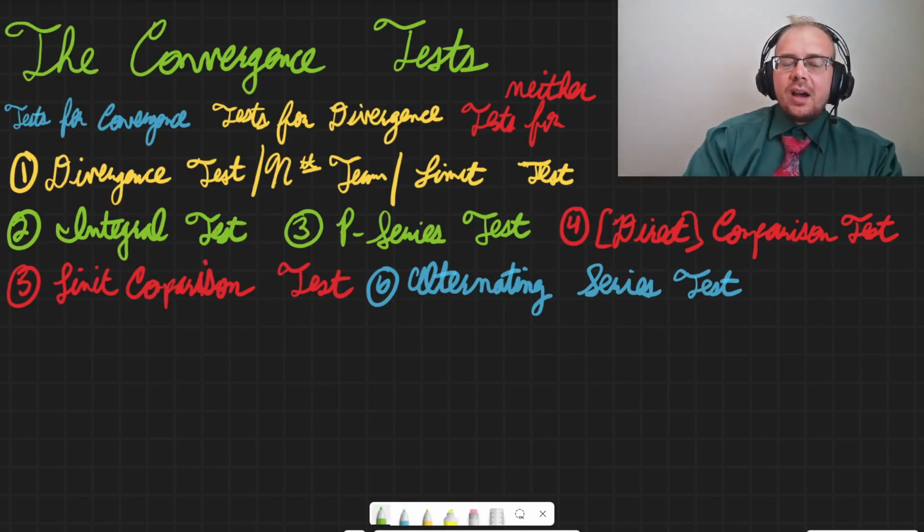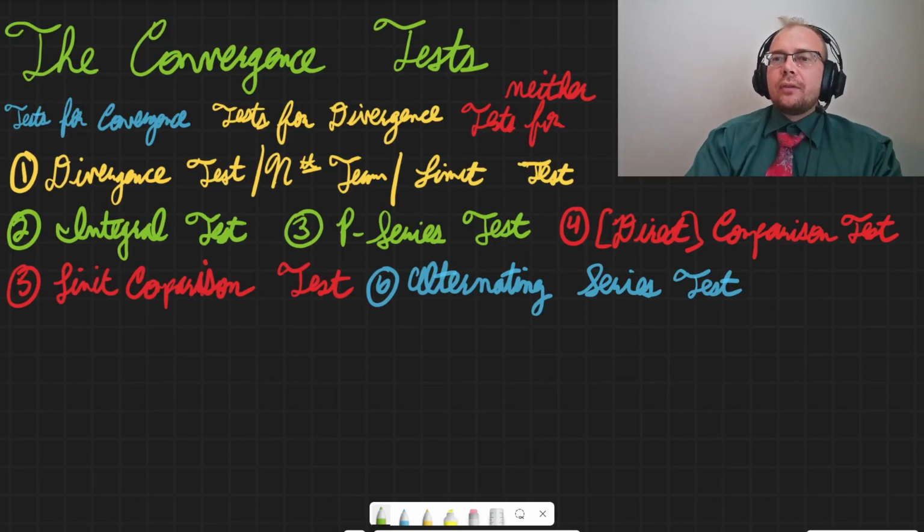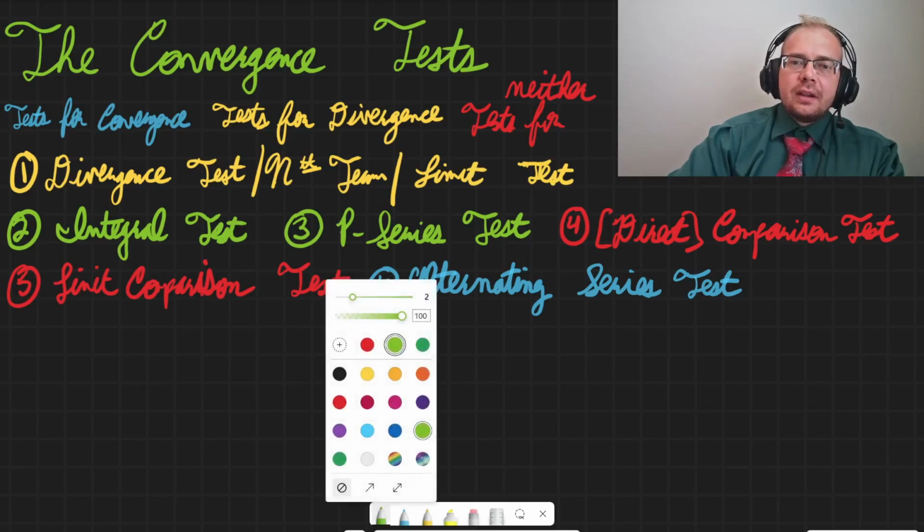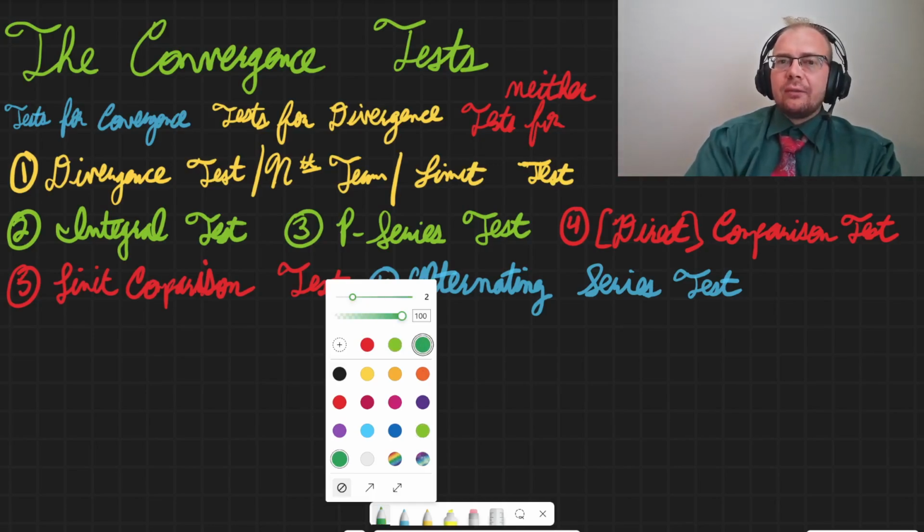Next up, let's go over the two tests that do give you the answer. So we're going to go with, they do give you the answer, and they'll tell you whether it converges or diverges. So maybe like that green color I was going to use earlier. It's a different shade of green. So these are different in that,